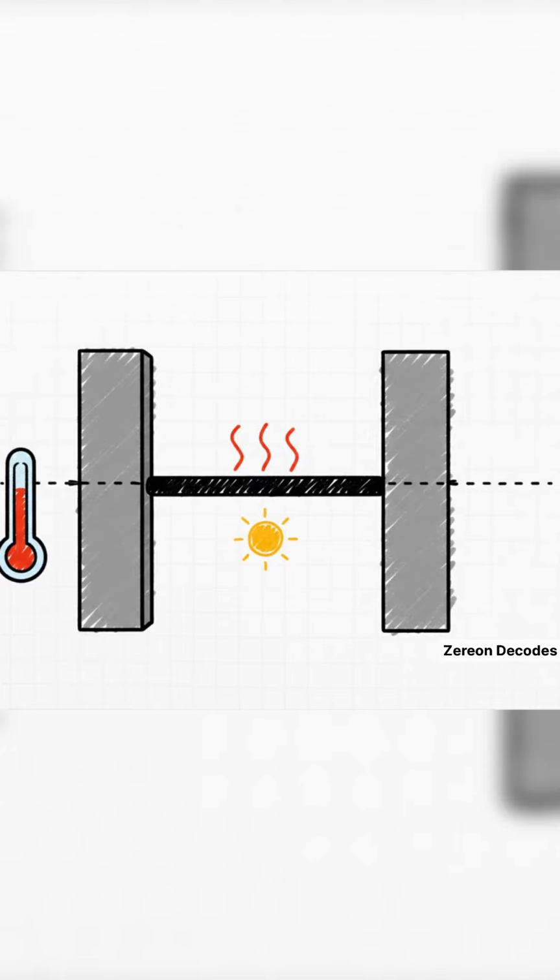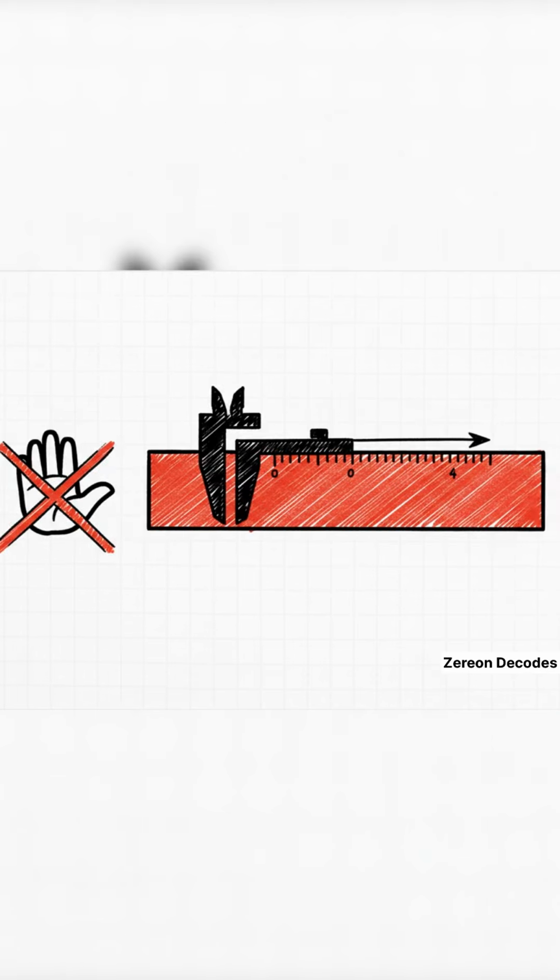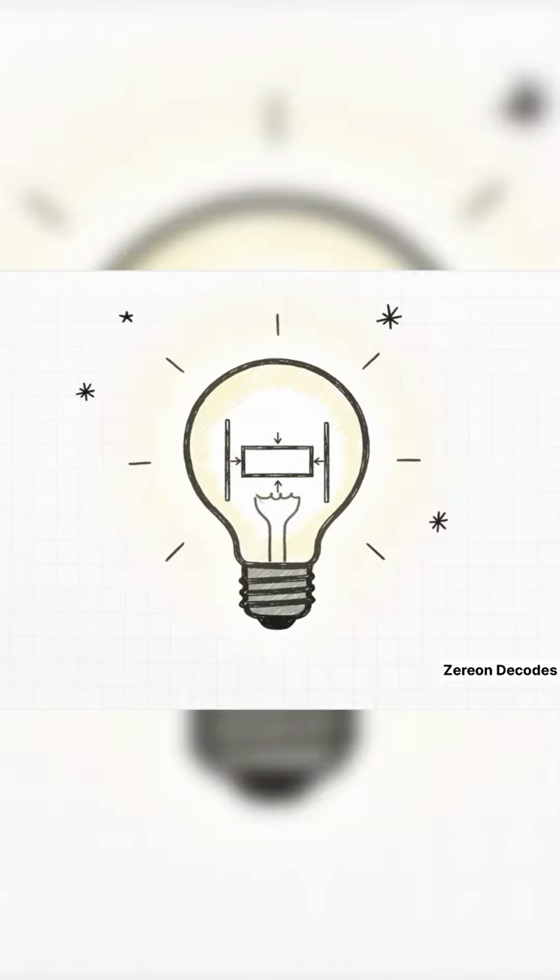Now what if we lock it in place? Its ends are fixed. They absolutely cannot move. Okay, now we heat it up. That metal wants to expand, to get longer. That internal push against the walls, that's the stress. It's the material fighting back. Now think about that. We didn't add any outside force, but it's under huge stress. The stress is there for one reason. It wasn't allowed to deform.